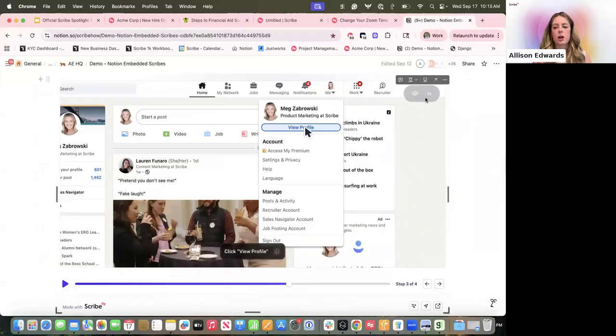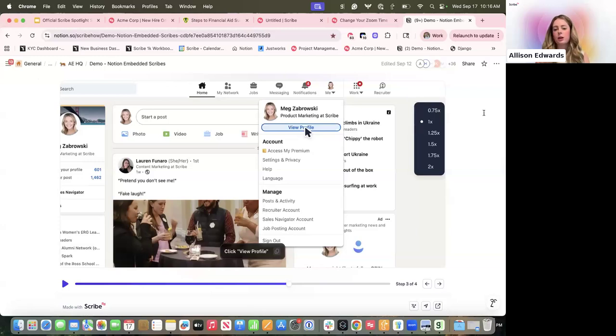So you can kind of gauge how nice it would be to have that visual element. You can always change and adjust the playback speed too. So that's a question that sometimes comes up. You can do that on your end as well. But I'll go ahead and pass it off to Maria.